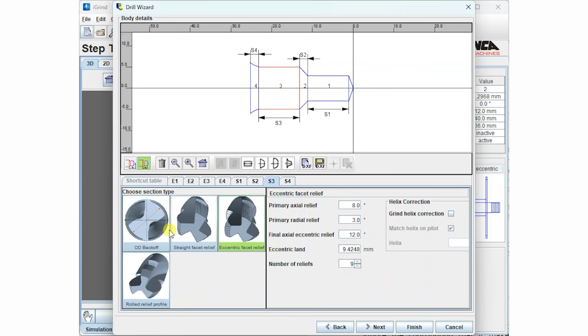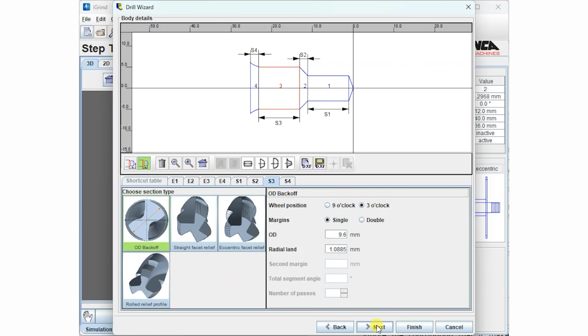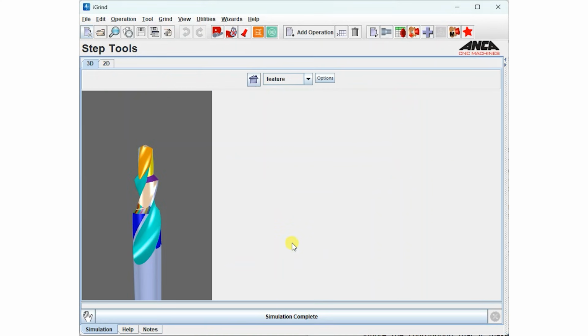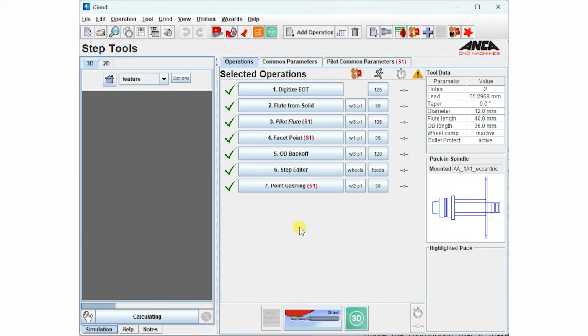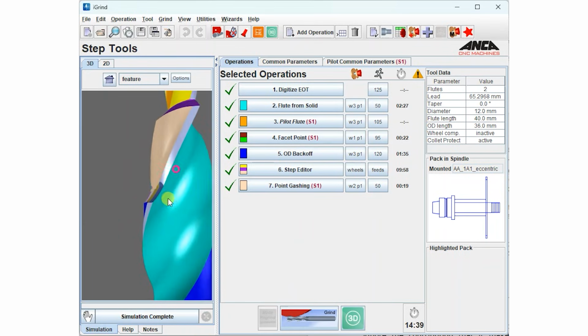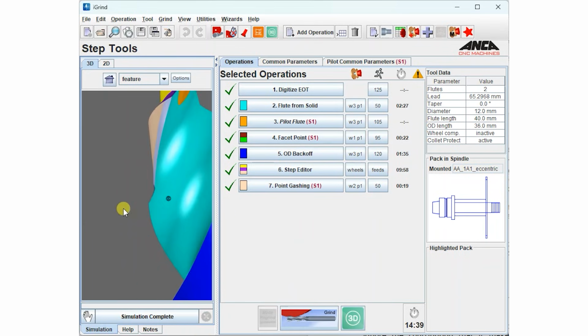And depending on which relief type we choose, we have a number of relief angles and grinding options available. So the advanced option just gives us a few more options in terms of geometry and relief types straight from the wizard.